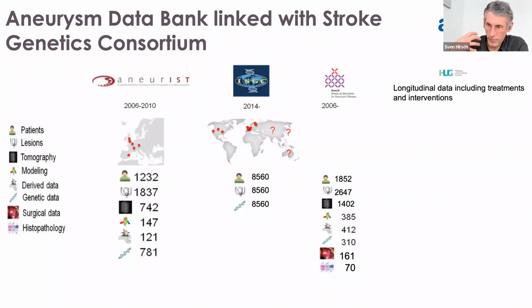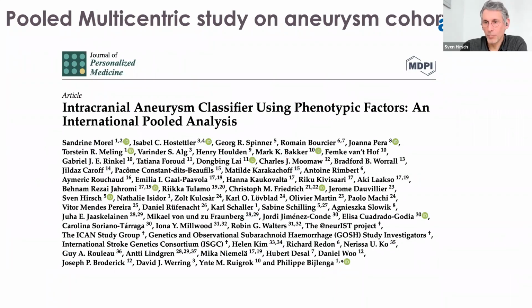And in our first step, we are the ones who analyze the pure phenomenological representation and not the genotypes. With that, the more people you gather data from, the bigger the author list gets. You can hardly recognize us in here anymore. We're somewhere here in the middle. You see my name here, and Georg, who's in my team, is up here. So we did a pooled analysis, and the bigger the data gets, and the interesting part is it's still very little data, with few factors that we have, but it gets better and better analysis, so to say.